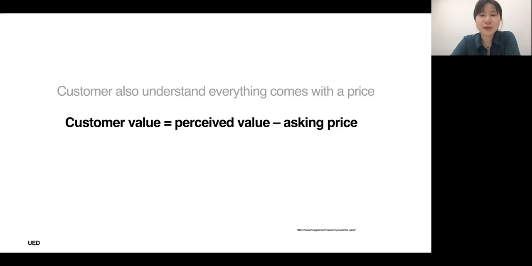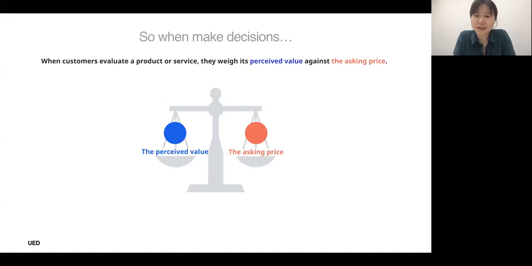So I would like to invite you guys to reflect a little bit in terms of thinking of our topic, right? Conversion. So in the case, when would conversion actually happen? This is how I would translate it: if you're thinking of a case when a customer is acting the way you expected, that means they found value in the product or service you're delivering. And how they're doing the calculation in the back of their mind, because they're going through a decision-making process, right? They're comparing the perceived value versus the asking price.